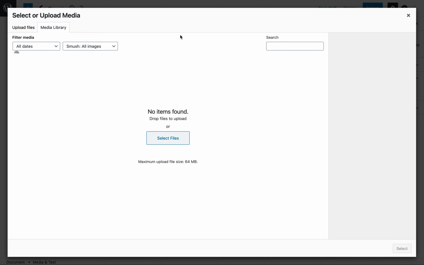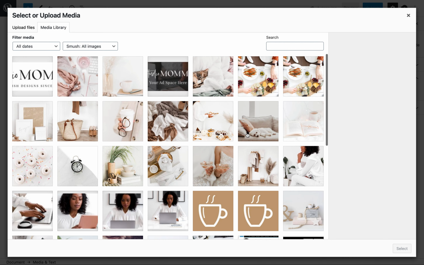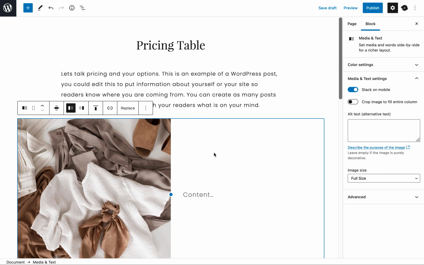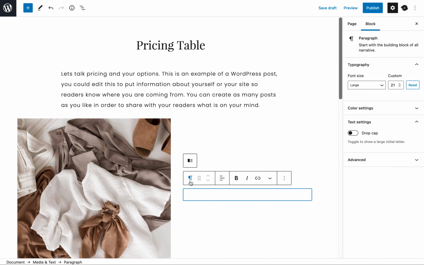So I'm going to go in here really quick and select an image that's from my site. If you don't have any images on your site yet or the one you want to use, just click on Upload Files to upload a new image. So I'm going to choose this image, click Select Files, and then from here I'm going to give it a